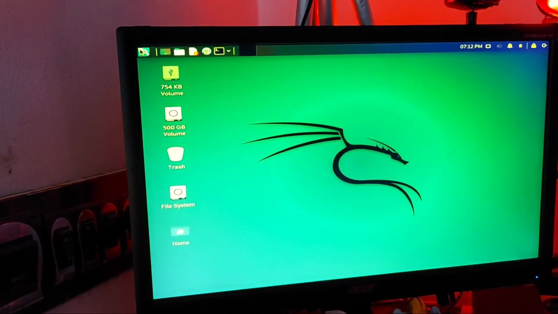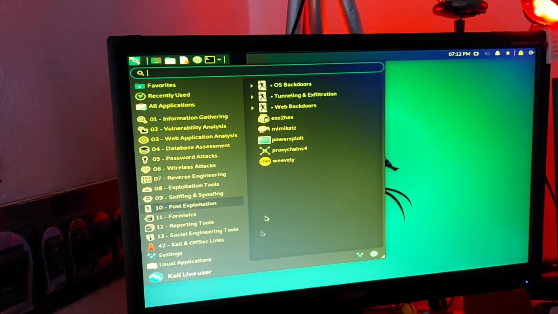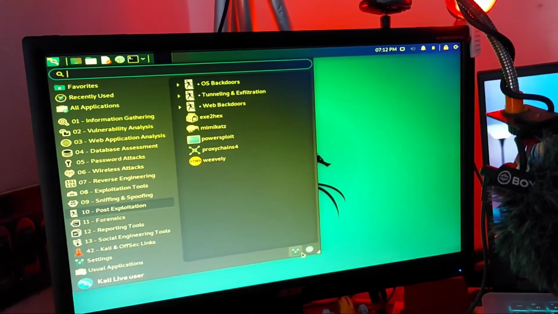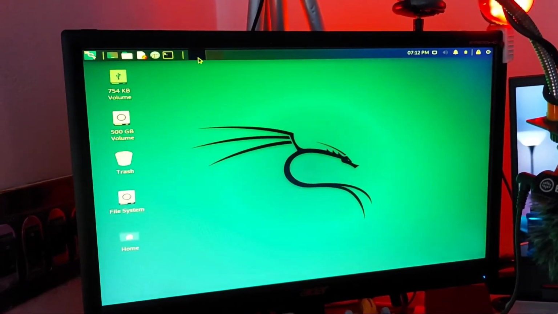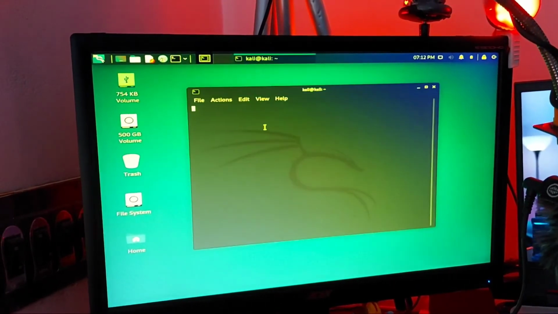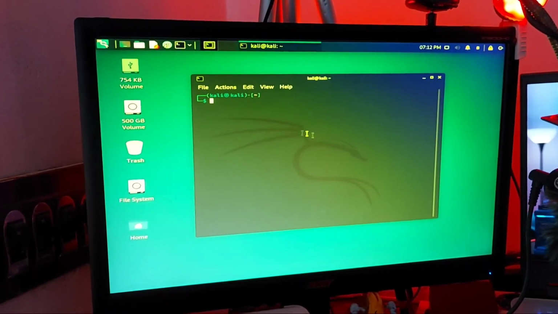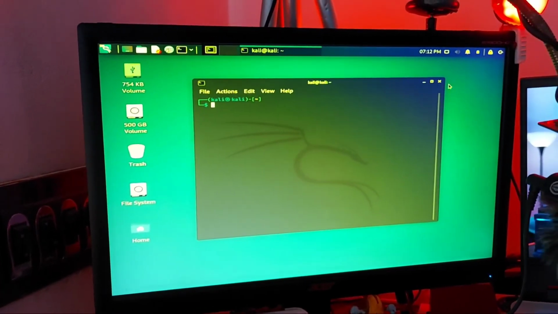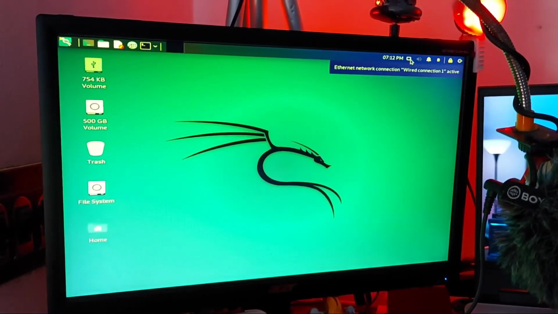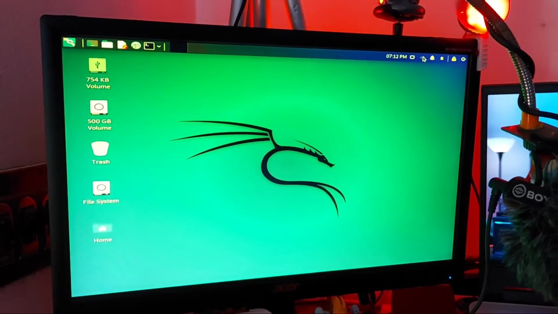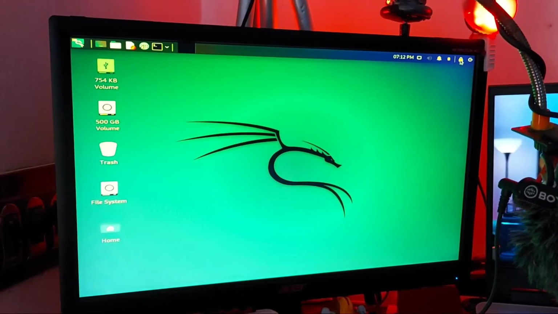Those features you can see here. And here you have the command center, and you can see all those programming things. And also here you can see the settings for this thing, and this is the terminal. You can see here the terminal, which is the same as Ubuntu. You can use all those Ubuntu features and all those commands in this also. Also here you will be able to see the internet options, the speaker options, volume, notifications, battery, lock option,